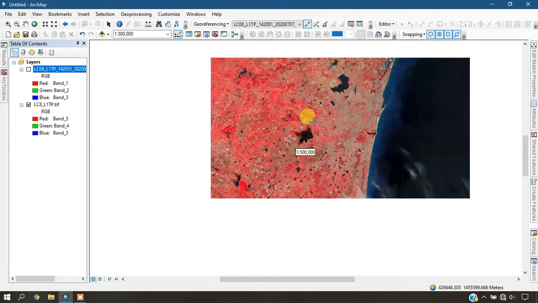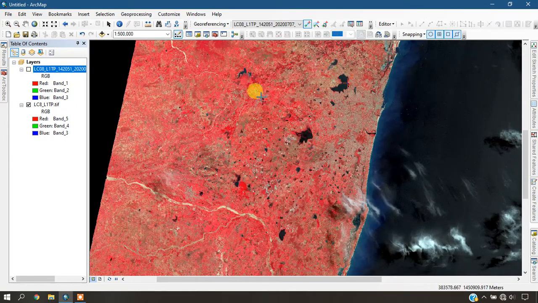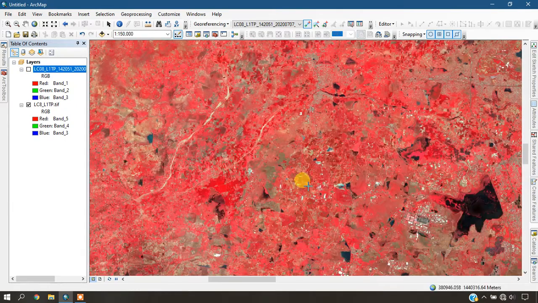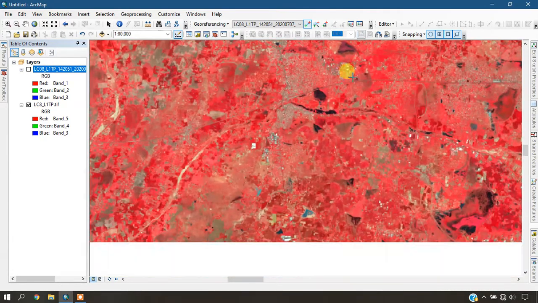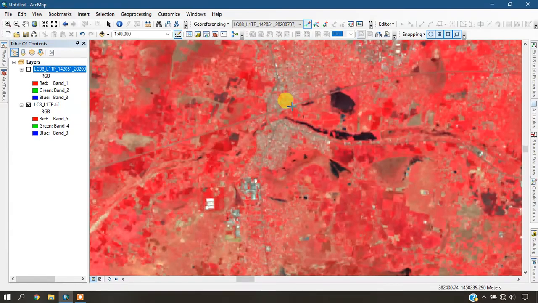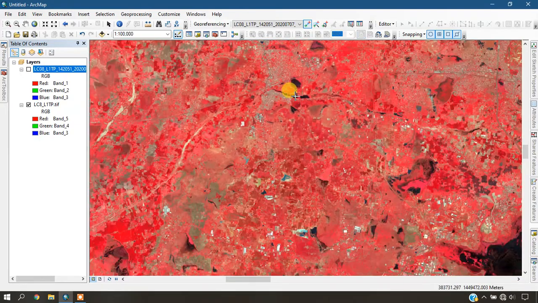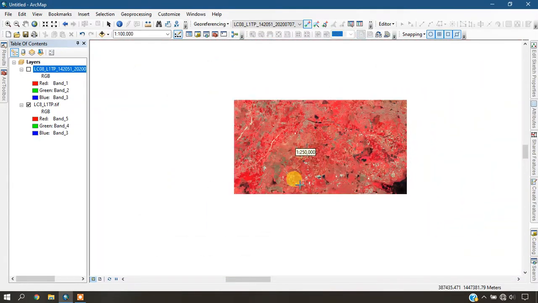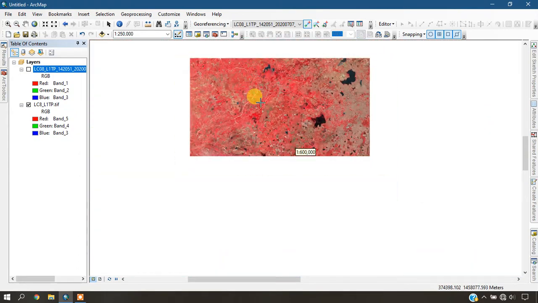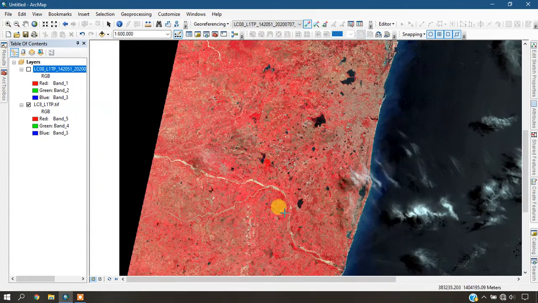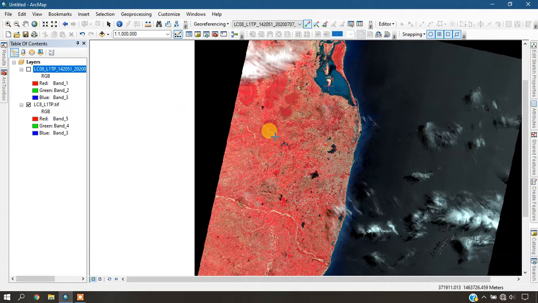Okay, we are going to find some more references for this image. It is not necessary that this should be a water body. It can be a road which is having an intersection, or it can be anything which can be used in referencing of the two images.